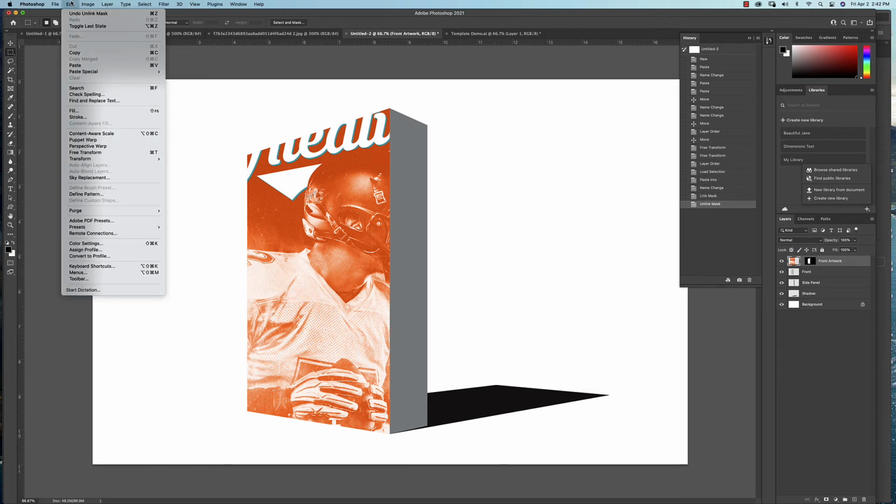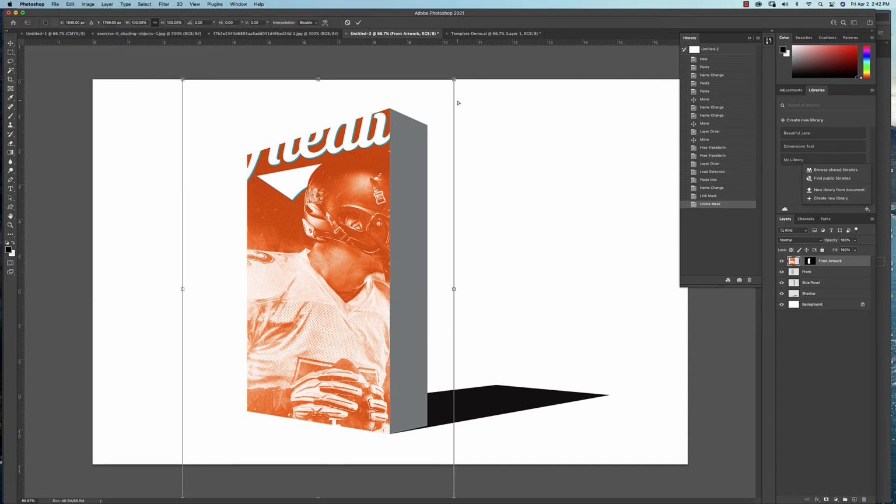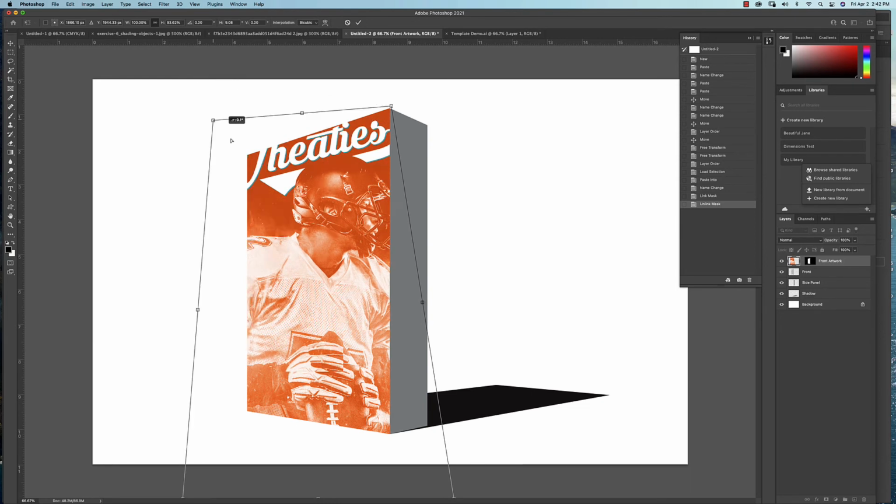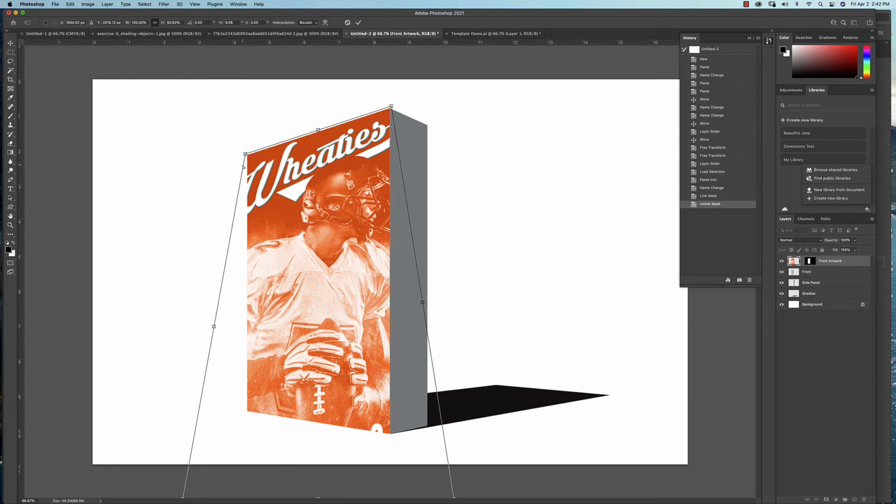Come up here under Edit, come to Transform, and don't go to Perspective. Like I said, Photoshop's perspective is really not all that great. What I do is go to Distort, and when you do that, you're going to see it's given me handles on all four corners of my artwork, and I'm going to drag each of these corners into place,